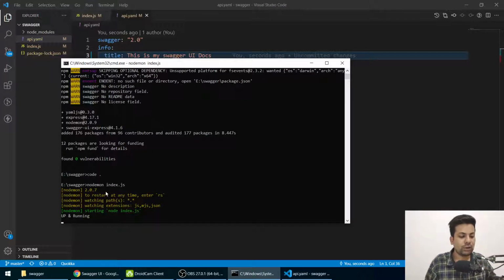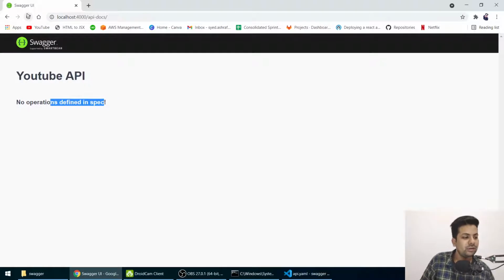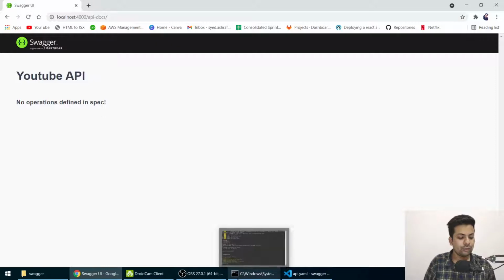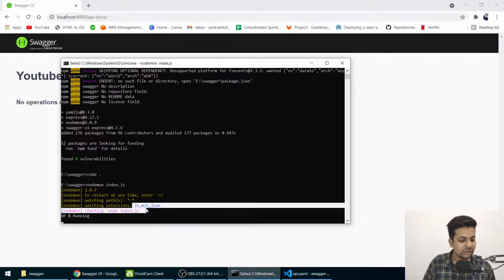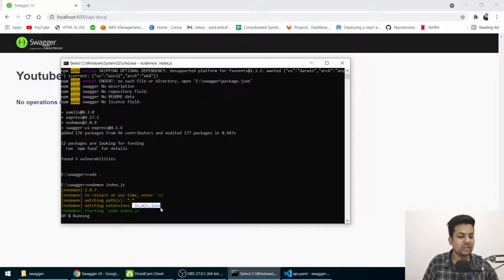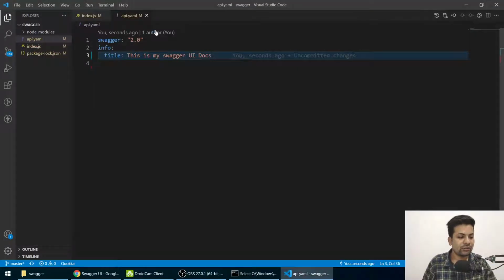Generally when you change a file, nodemon should reload. But nodemon only watches the JS files. You can see it's watching extensions JS, MJS and JSON. So it's not watching the YML file.